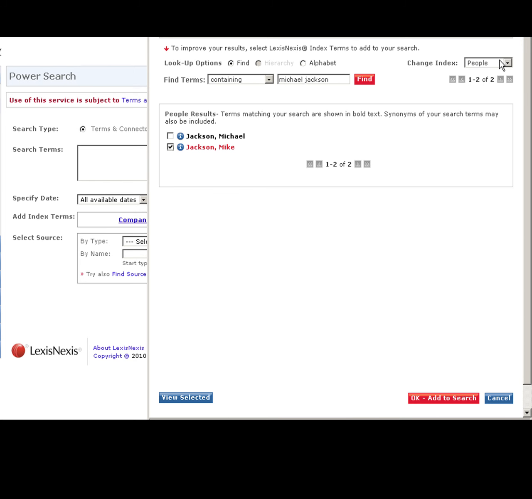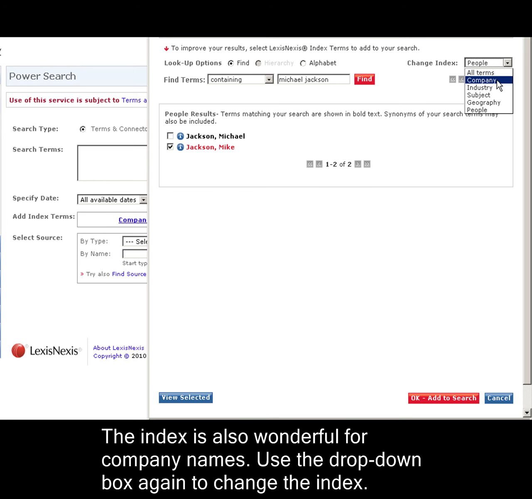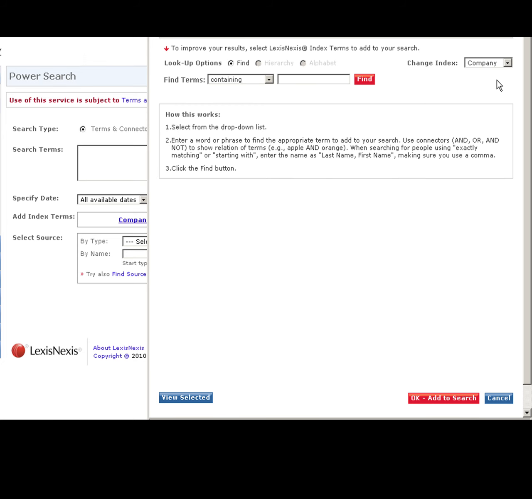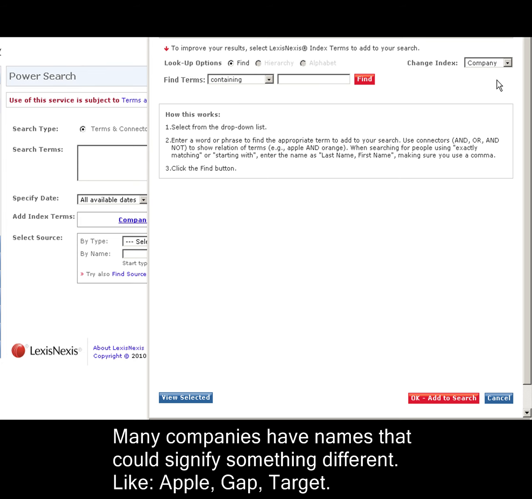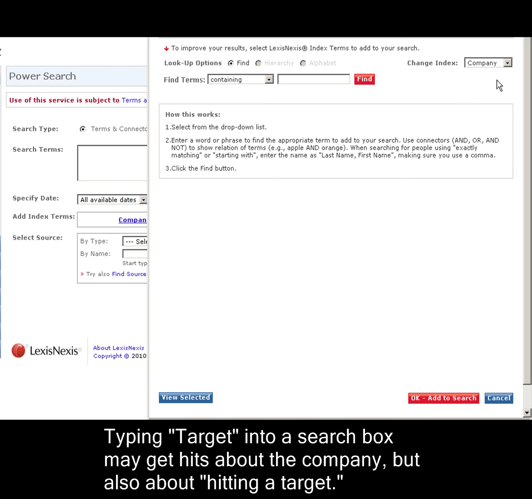I also love using the index for company names. Again, we'll change the index just by using this drop-down box. There are many companies with names that could signify something other than the corporation. For example, Apple, The Gap, Target. If you simply type Target into a search box, you'd probably get a mix of articles about Target the company